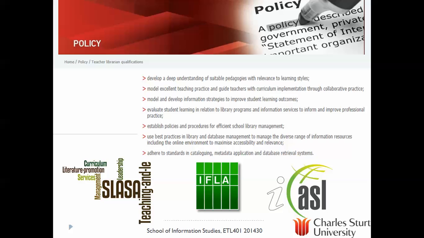In your readings this week, you went to look at standards and statements regarding the teacher librarian role and its component parts. So in this slide, you can see ASLA's point of view on what a teacher librarian will do, and this seems a comprehensive approach, although I can't see literature promotion there, which is definitely one of the arms of our role. Slazar, down the bottom left here, had a nice straightforward approach to our role in the clip that you see here. These are the things we do. And you went to look at IFLA and IASL as well. So you've had a good look at the standards relating to our role.